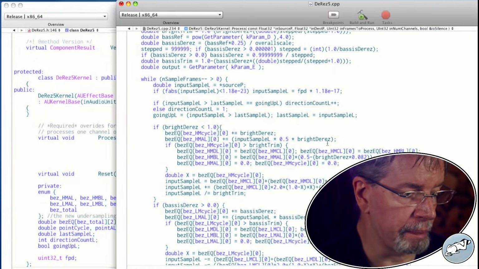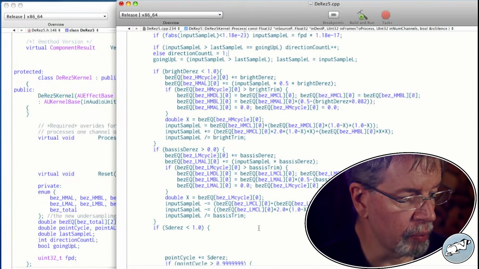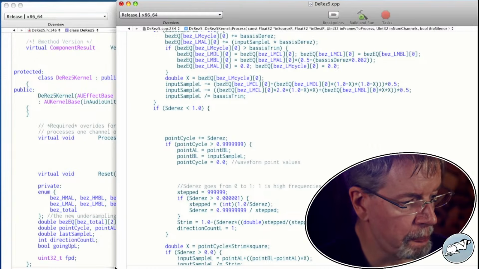Now, what can we do with that? Nothing else had to change. Oh, something else has to change. We need to make this change.